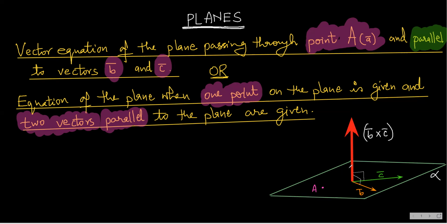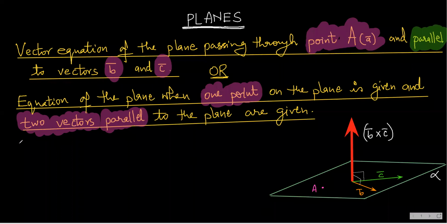and that is what I needed. So remember, whenever I am given two vectors parallel to the plane, I will first find the cross product of those two vectors, and the cross product will give me the normal vector to the plane, because the cross product of the vectors will be perpendicular to the plane. Okay, as I just explained.